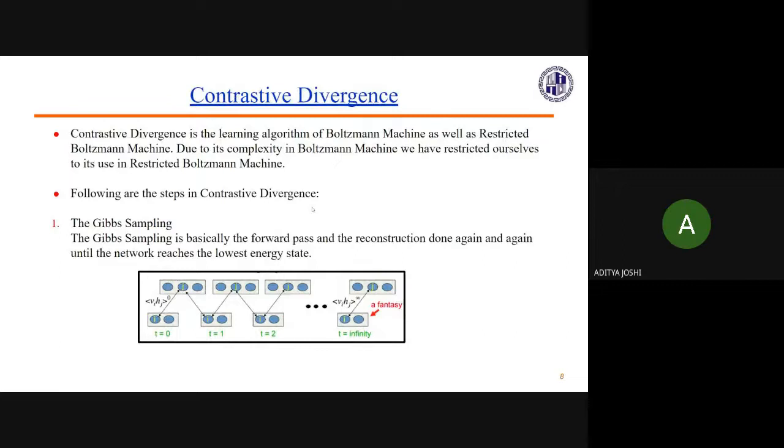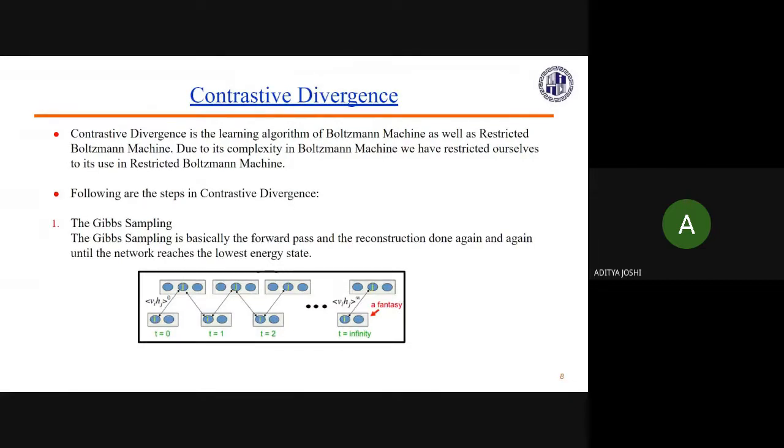Hello again, everyone. So now we're talking about contrastive divergence, which is the learning algorithm for Boltzmann machines in general. So it's also the learning algorithm for restricted Boltzmann machines. We will basically just talk about how the algorithm works in restricted Boltzmann machines, because its overall working in a Boltzmann machine is far too complex. That's the reason why people switch to restricted Boltzmann machines: they do not have any interconnections between the layers, and that is the fact that allows us to train them more easily.